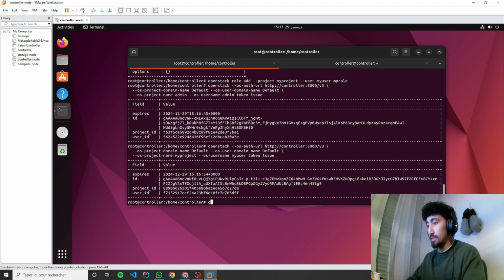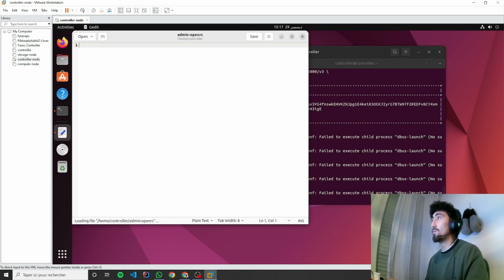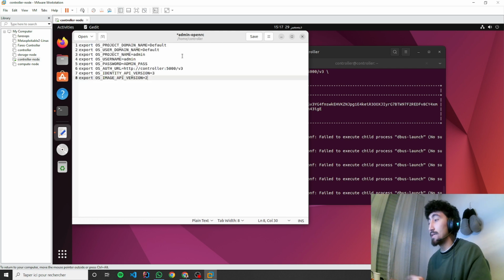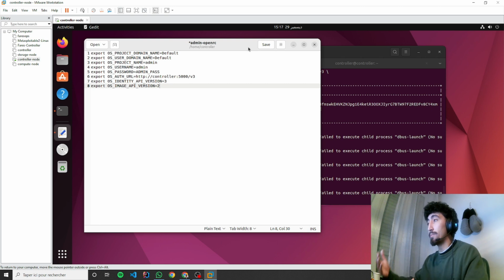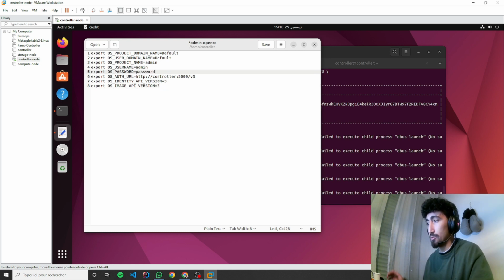So what we need to do is create an admin OpenRC file, and we'll load the same variables that we loaded before, but now each time we need to authenticate, we'll source this file to load the variables temporarily so we can use it and call other services as the admin user. So this is the concept. This is why we are doing this. We only need to change this into password,